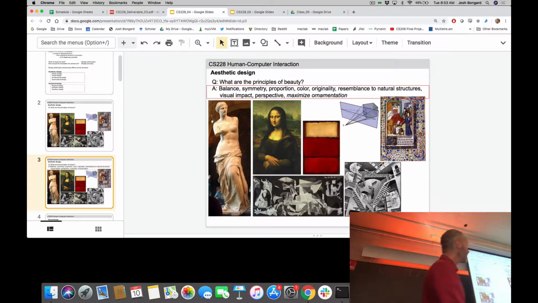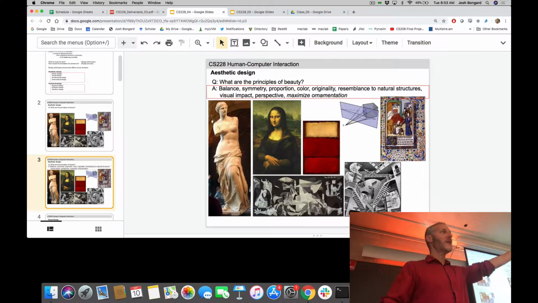Color, originality, resemblance to natural structures. This was a guiding principle in Western art all the way up until the 18th and 19th century. Visual impact, perspective. If we go back to the Western Middle Ages, maximize ornamentation, the Baroque period, and so on. Okay, so those are some sort of rules of thumb that have applied, at least in the history of Western